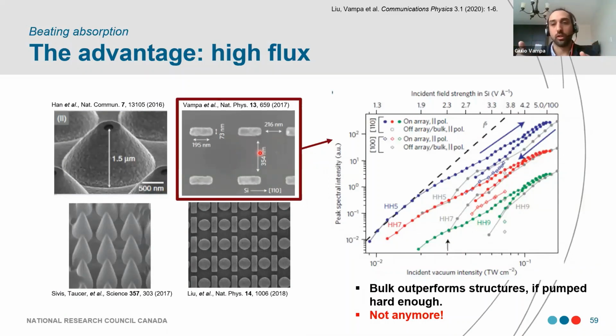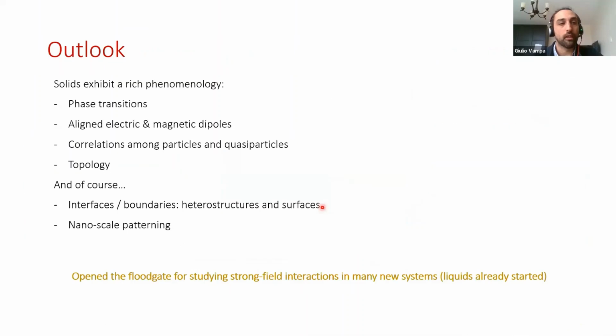So eventually, it is possible that if you had a larger area and enough power, you would still gain by using unstructured samples. But it is not the case anymore. We demonstrated that if you pump it hard enough, with these nanostructured gradients, you can actually do better than gases. So to conclude, because I think I'm out of time,